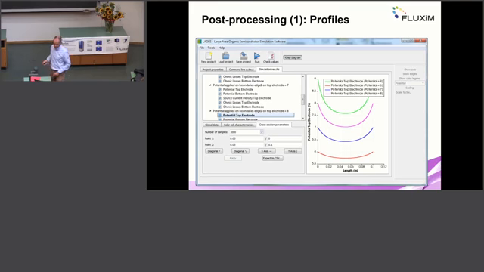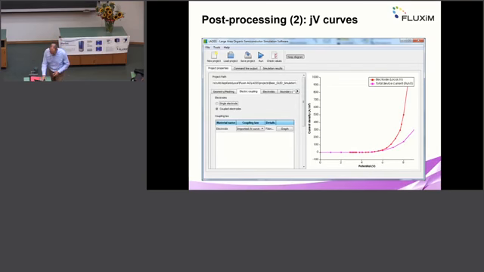And in terms of post-processing, we can visualize also cross-sections of potential, for instance, in addition to the JV curves I've already shown. And then you can select several or use this keep button to keep the previous selection, so you can make direct comparison of profiles. That's also